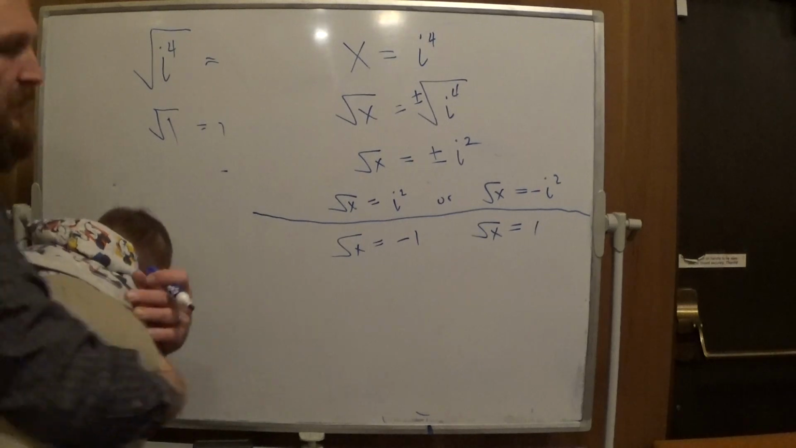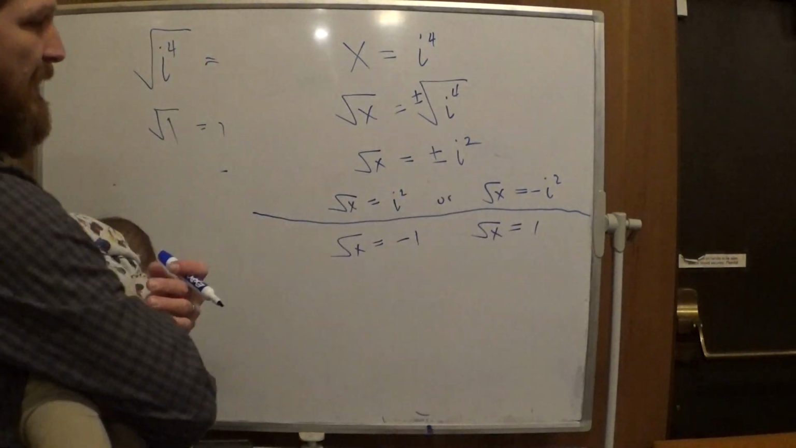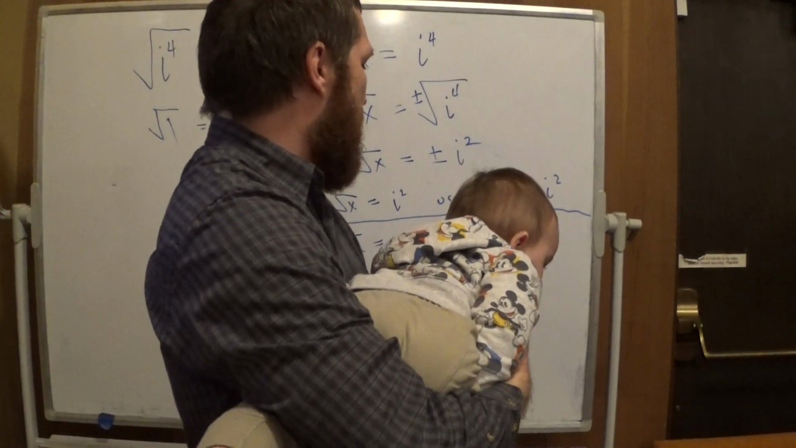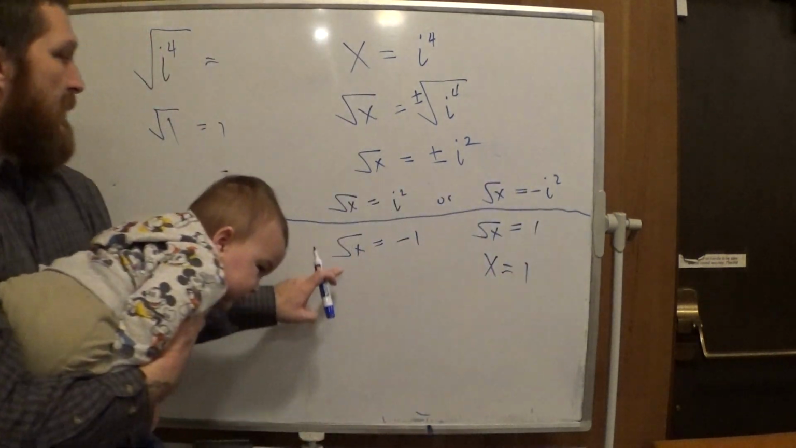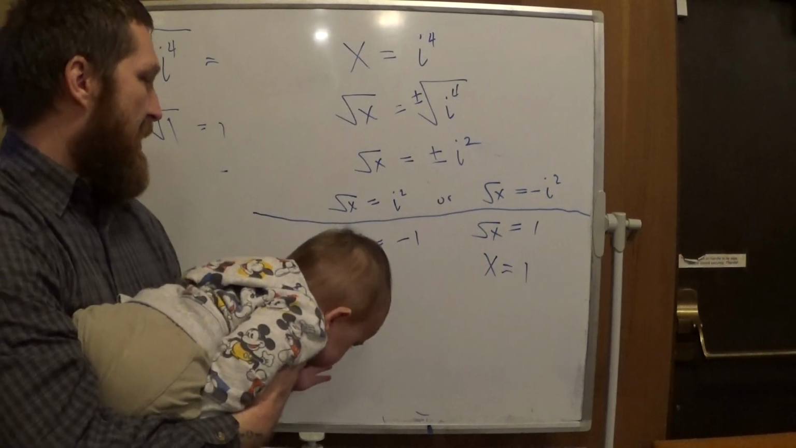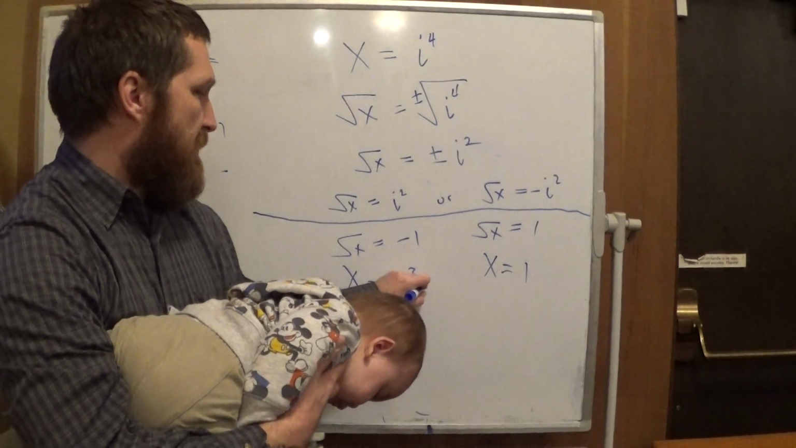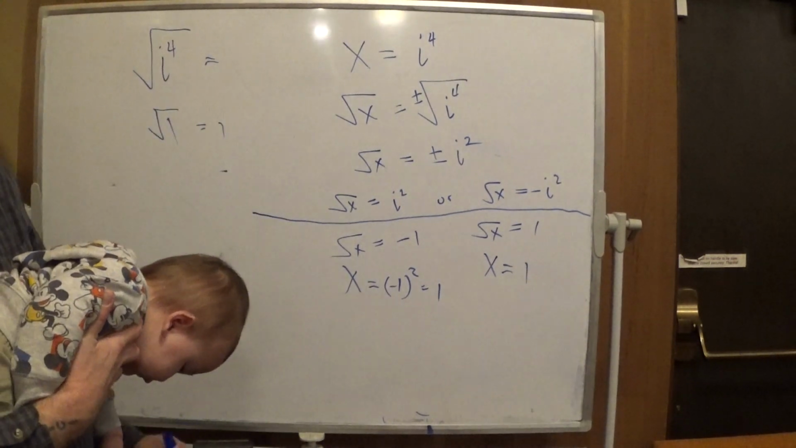How would you, in this case, what would you do there to get...? You'd square both sides. Doing that gives you x equals 1 squared, which is just 1. In this case, you'd square both sides. That gives you x equals negative 1 squared, which is just 1. In both cases,